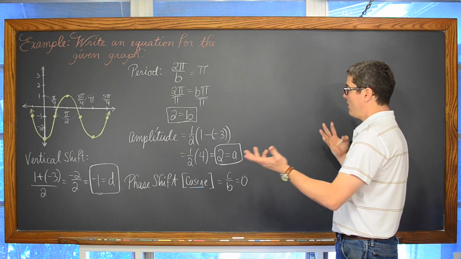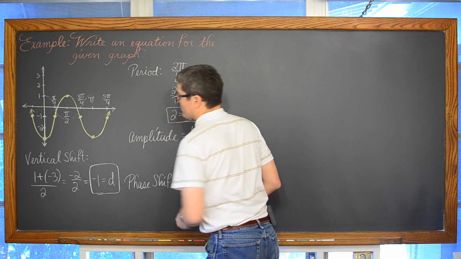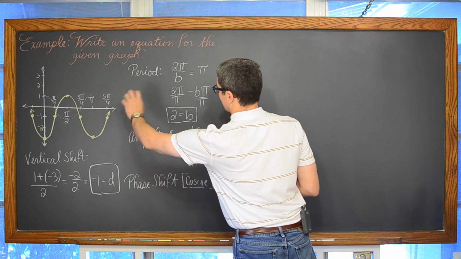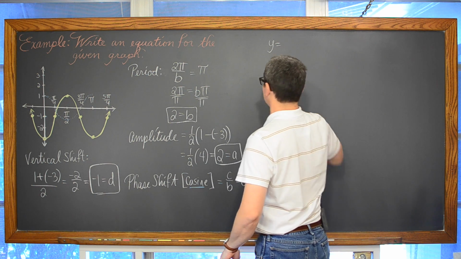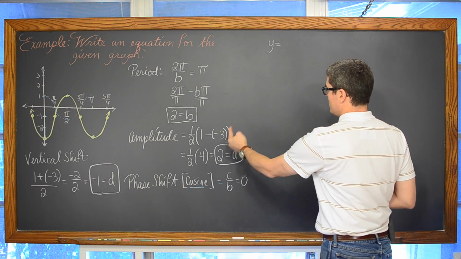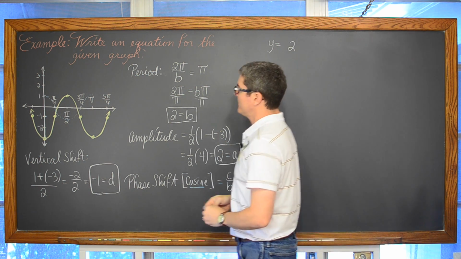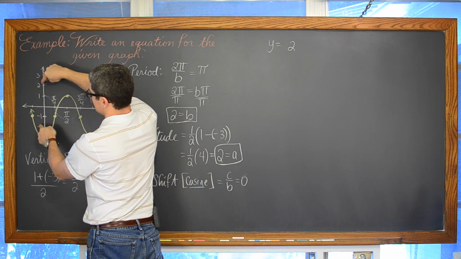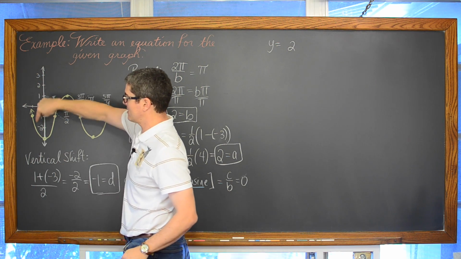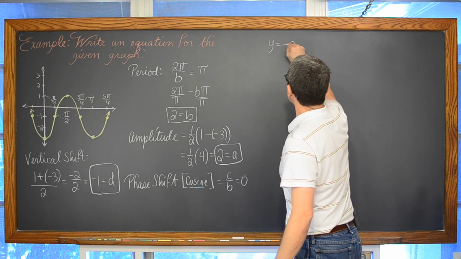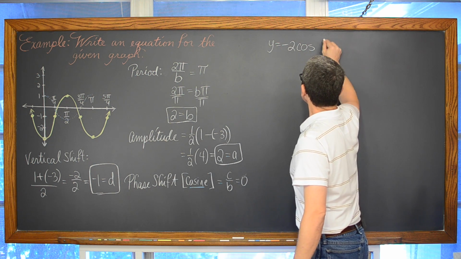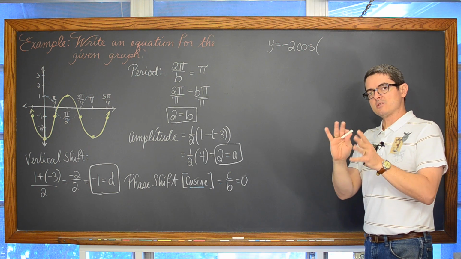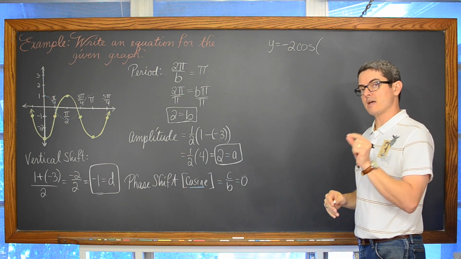So I have all 4 transformations figured out for at least one possible answer, and that means that if we were to graph y is equal to, let's see here, the amplitude was 2, but if I take this almost standard cosine function and stretch it out by 2, it's going to start at the max value, not the minimum value, so we're going to make that -2 cosine of, now I'm going to use that standard notation that had the coefficient of x set to be 1.